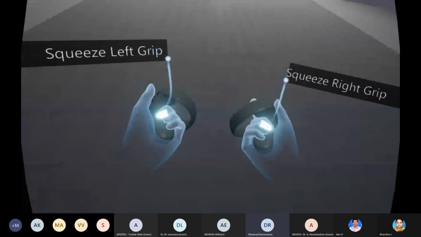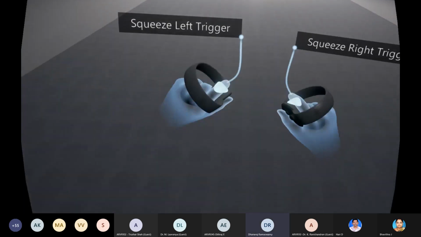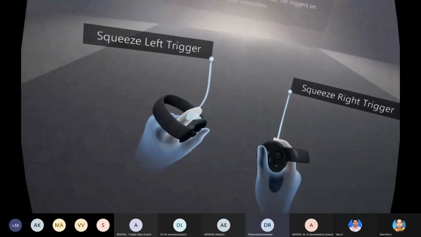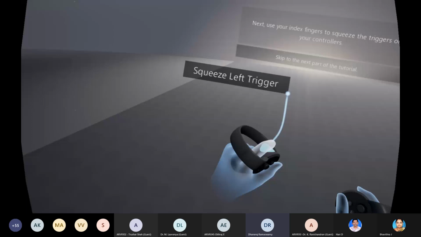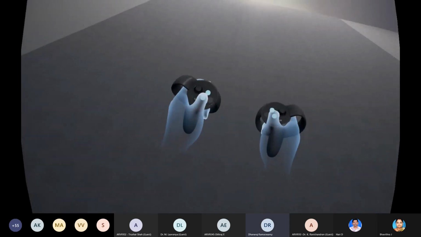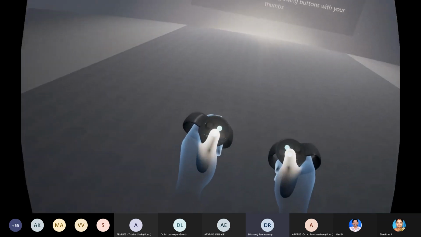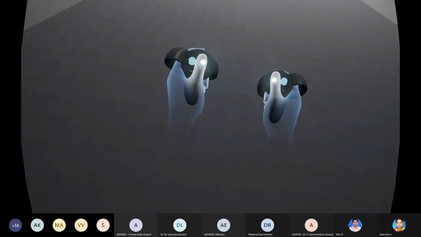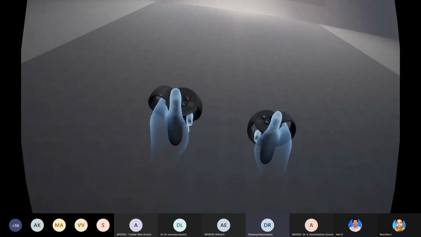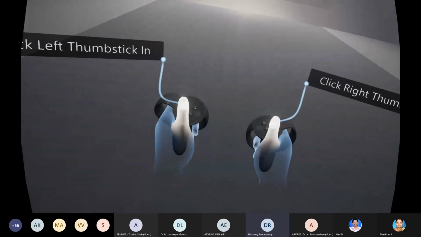This is the grip button. This is the trigger button. This selects the menu in different types of menus, and when we pull the button, it starts triggering. This is the A and B button. This is for up and down, or any other trigger we can use. This is the thumbstick for movement and left and right rotation.